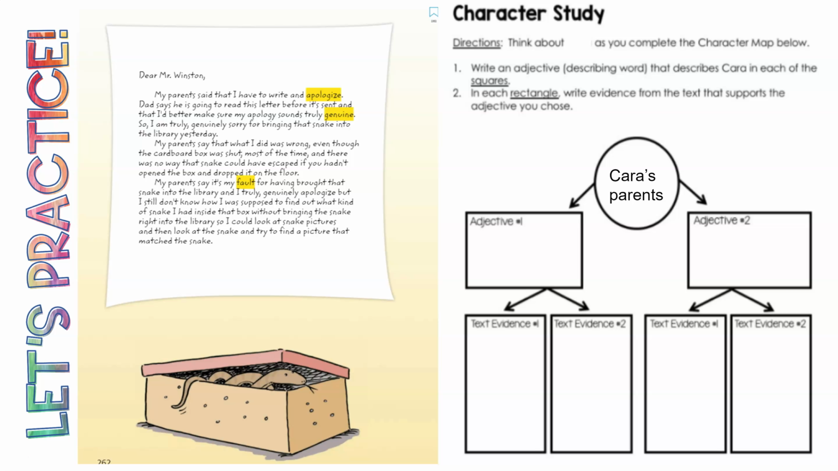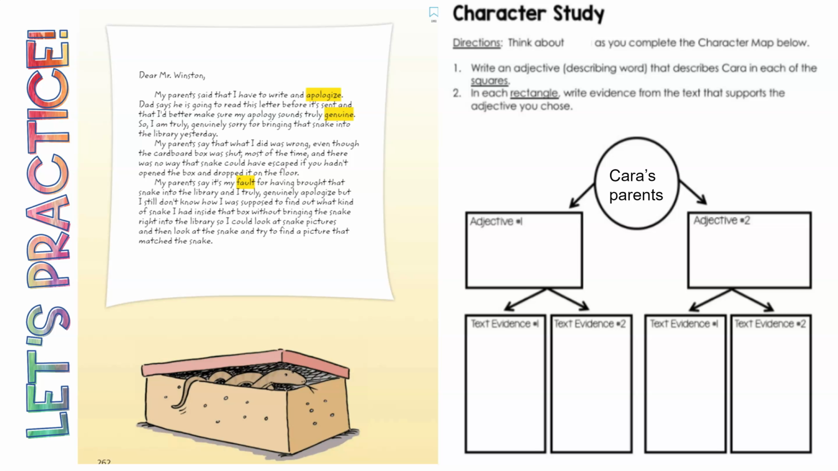Dear Mr. Winston, my parents said that I have to write and apologize. Dad says he is going to read this letter before it's sent and that I'd better make sure my apology sounds truly genuine. So I am truly, genuinely sorry for bringing that snake into the library yesterday. My parents say that what I did was wrong, even though the cardboard box was shut most of the time. And there was no way that snake could have escaped if you hadn't opened the box and dropped it on the floor. My parents say it's my fault for having brought that snake into the library, and I truly, genuinely